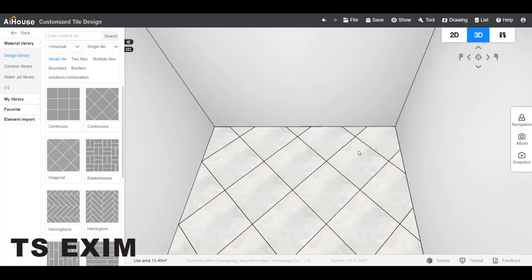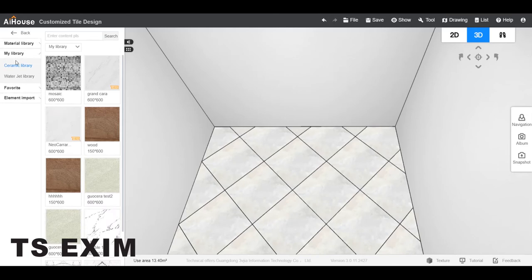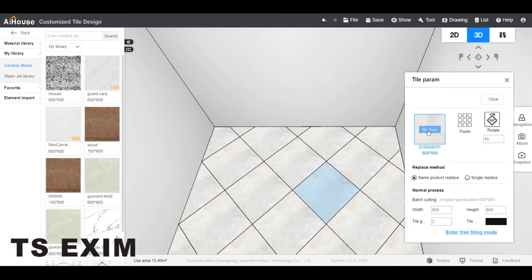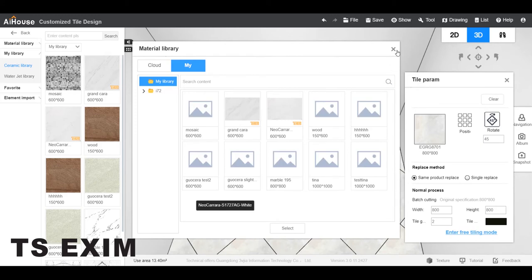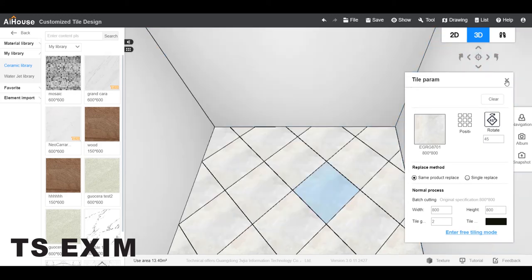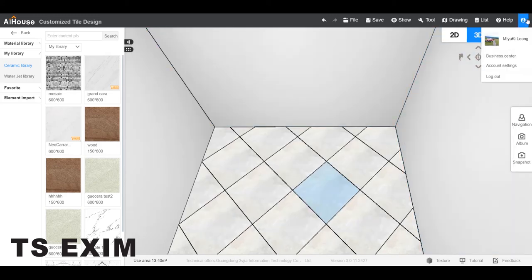Hi, this video is about how to upload our own tile texture that's going to appear under the Customized Tiling module, My Library, or here when you replace tile under My Library. So you have to go into the Business Center,